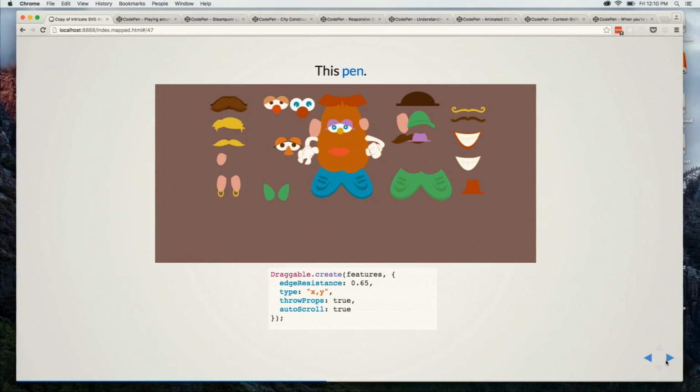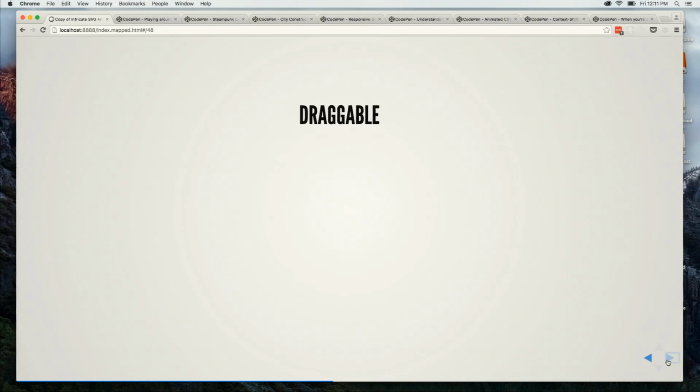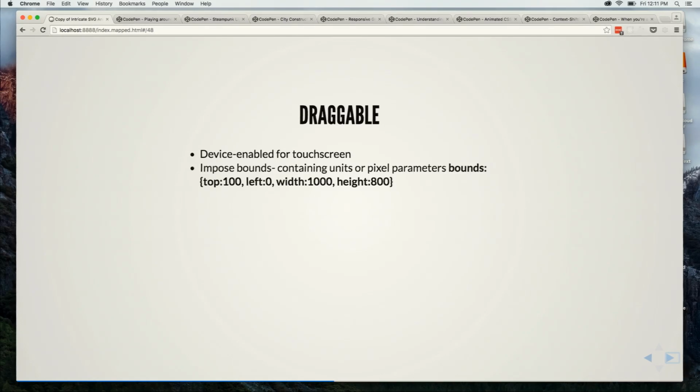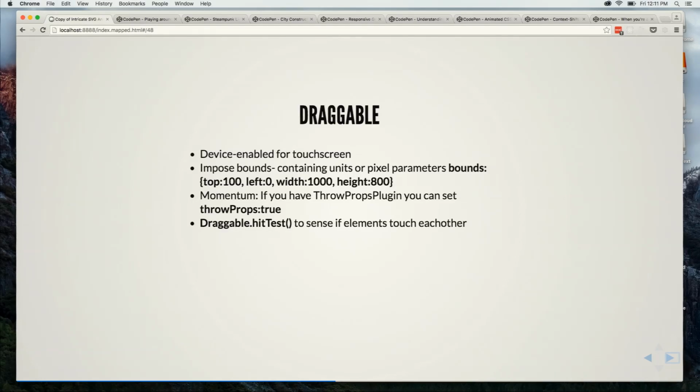It's really very simple. If you use throw props, you can see how that movement is nice. It doesn't just stop when you stop moving it, just like a regular thing. It's device-enabled for touchscreen, which is awesome. You can impose bounds, so you can set parameters around the object. You can have momentum with throw props. You can check for hit tests, so you can see if things are hitting each other, which is nice for things like video games, if you're going to try to do stuff like that